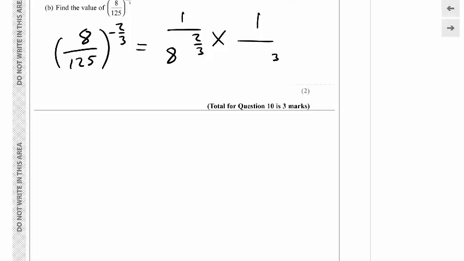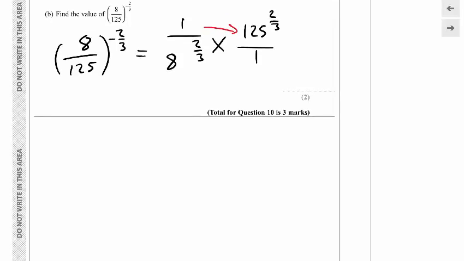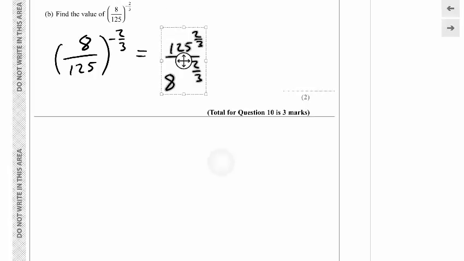So if I flip this one, it becomes 125 to the power of 2/3, and I've got a 1 on the bottom. And I'm multiplying the fractions together, so the numerators just end up multiplying, and the denominators just end up multiplying. So it just becomes 125 to the power of 2/3 times 1. So I just end up with 125 to the power of 2/3. And then 8 times 1 is just 1. So that's my new fraction. Now, that's not necessarily looking that much nicer,